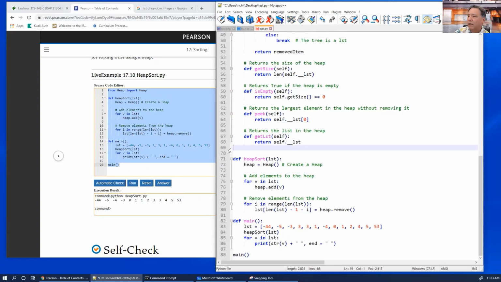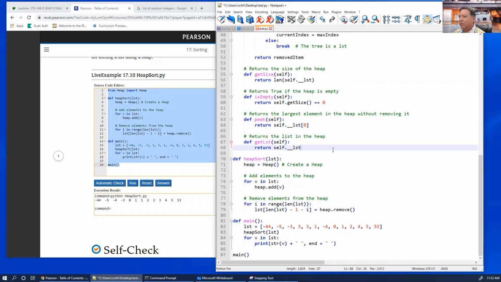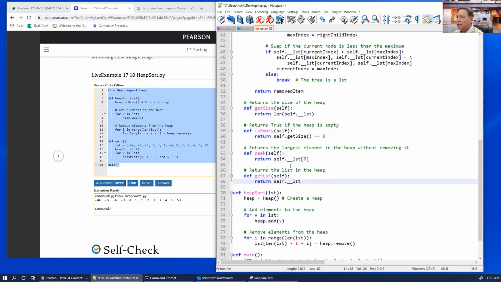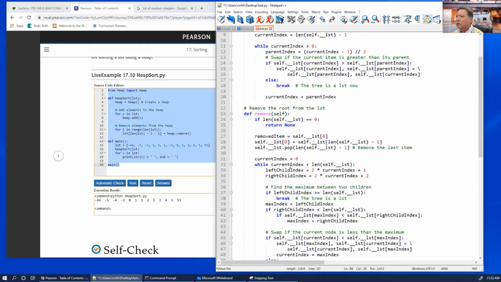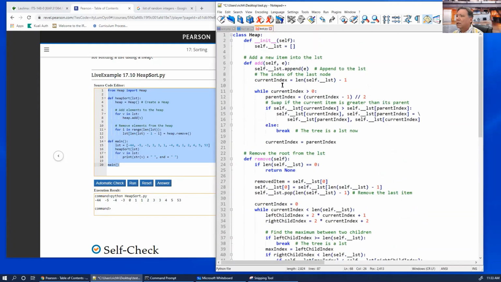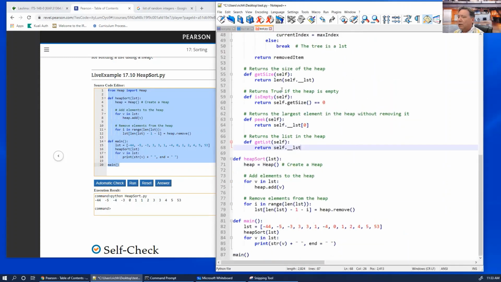Okay, I want to remove that top line. I actually didn't have to copy it over, but I did anyway. And then see, I think that's it. Yeah, I think that's it. Okay, so now,